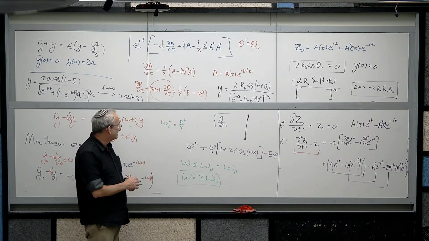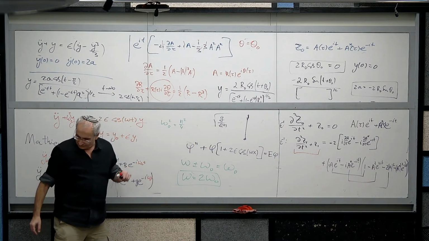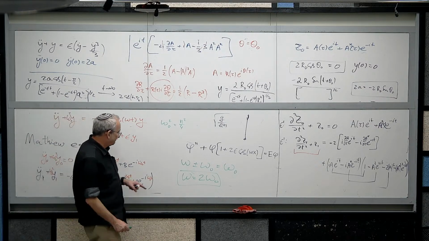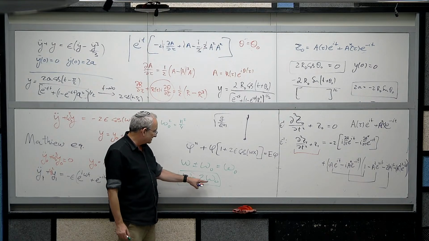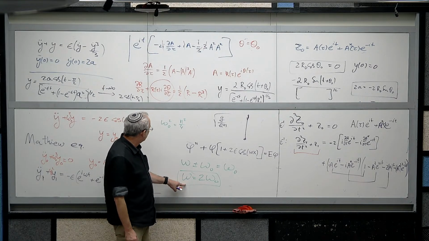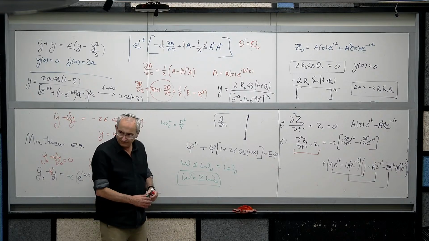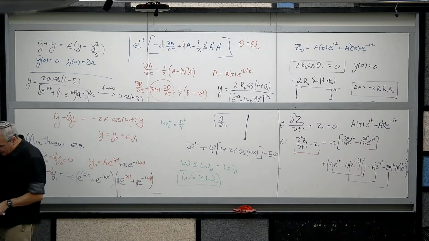If omega is 1, then the resonance is that omega naught is 1/2, so omega naught squared is 1/4. What about the units? I'm not sure. In any case,